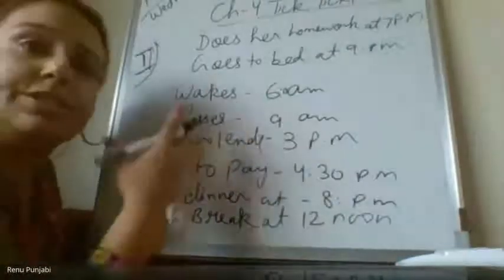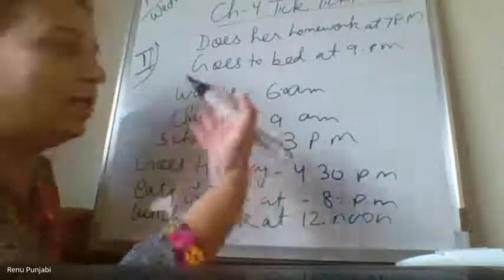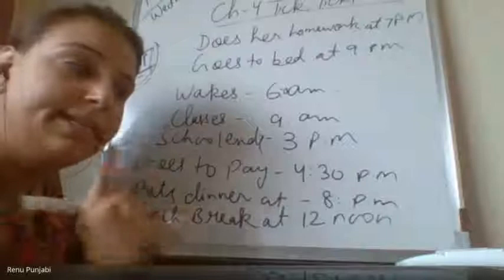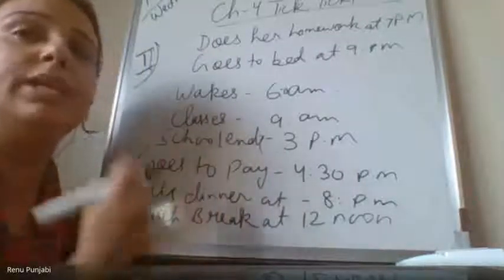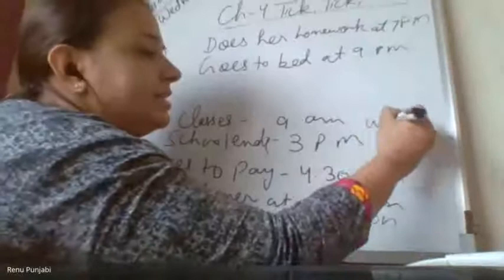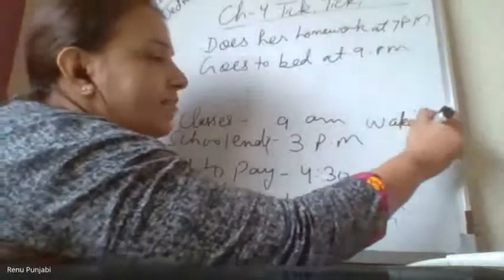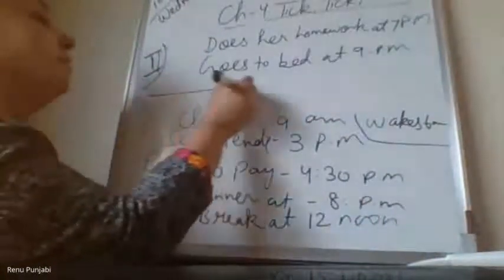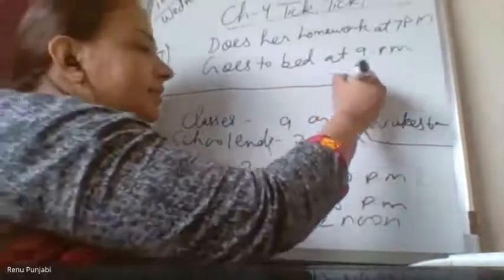Okay. So this calculation is a little up and down and it is not easy to see. So we make the timeline. In timeline, we will arrange the activities in the order. So I will just erase this and write it this side so that I will make, she wakes at 6 a.m. I will write it here. Now I'll make a timeline here. Timeline is just like a number line.